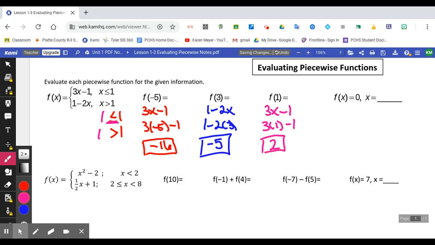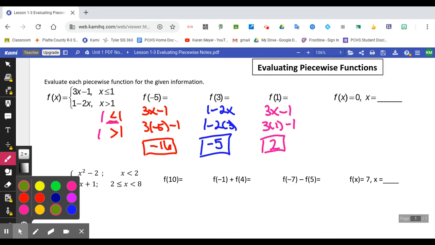Now the fourth one here, this one is a little bit different because if you notice on how it's typed, it starts out by saying f of x equals 0. So I'm not giving you the number you're plugging in for x. I'm giving you the answer, right? So to figure this out,